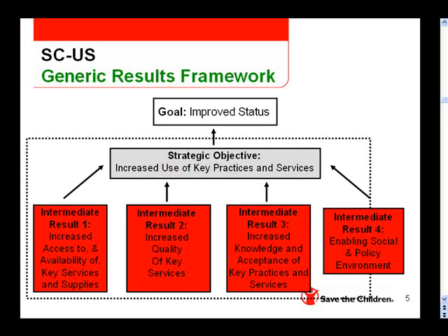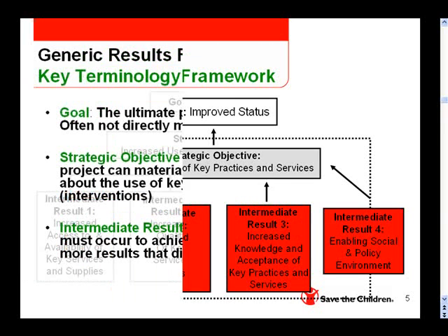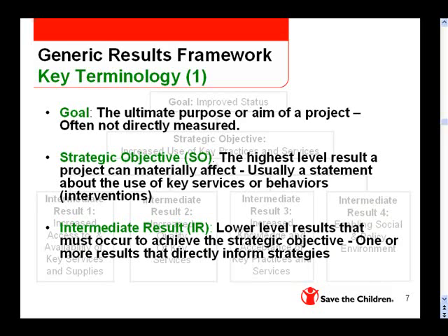Let's review some key terminology associated with the results framework. First, the goal is the ultimate purpose or aim of a project, often not directly measured. The strategic objective, also known as the SO, is the highest level result a project can materially affect, usually a statement about the use of key